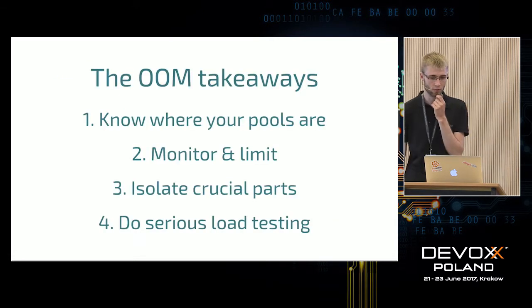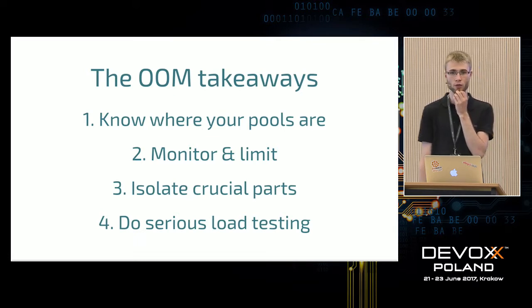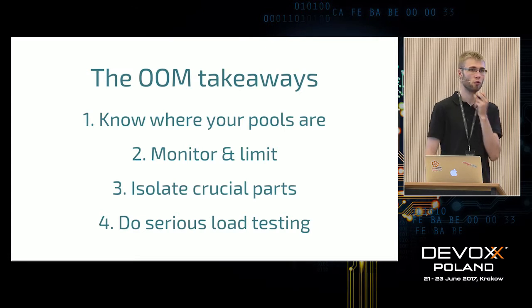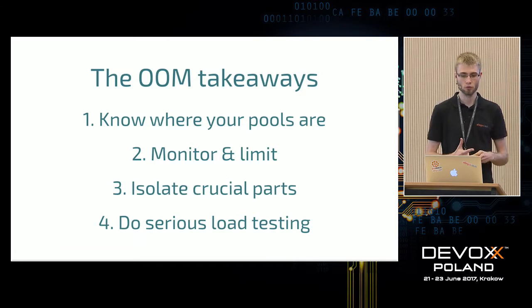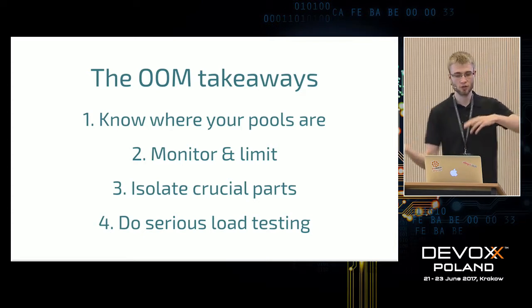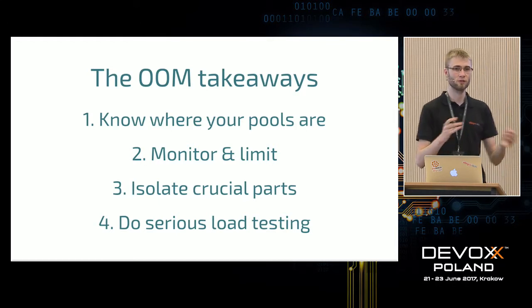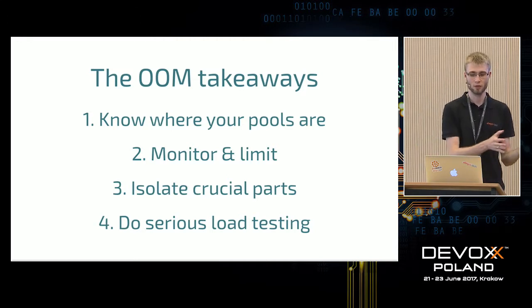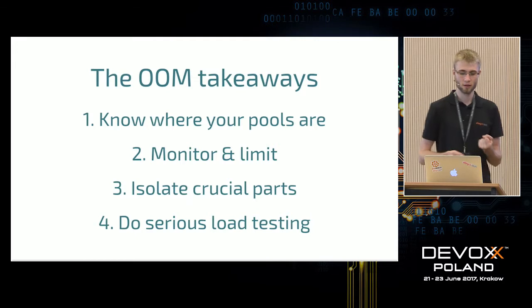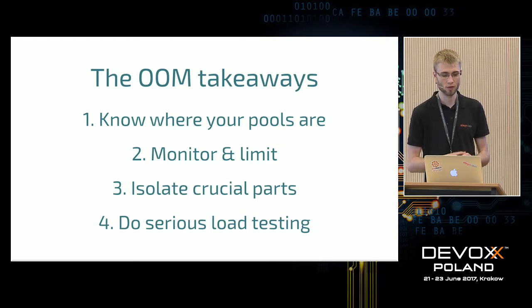So what do we get from here? We should know where our pools are, where our queues are. So we know what to monitor, we know what to limit, and we know where the application can go wrong. It's extremely important, right now when we are going asynchronous, reactive, all these nice things. We see hello worlds at conferences and everything is running smoothly. But under the hood, there is some thread pool, there is some queue, and we need to understand the flow. We need to understand what's under the hood to be able to ensure that we are running smoothly in production.